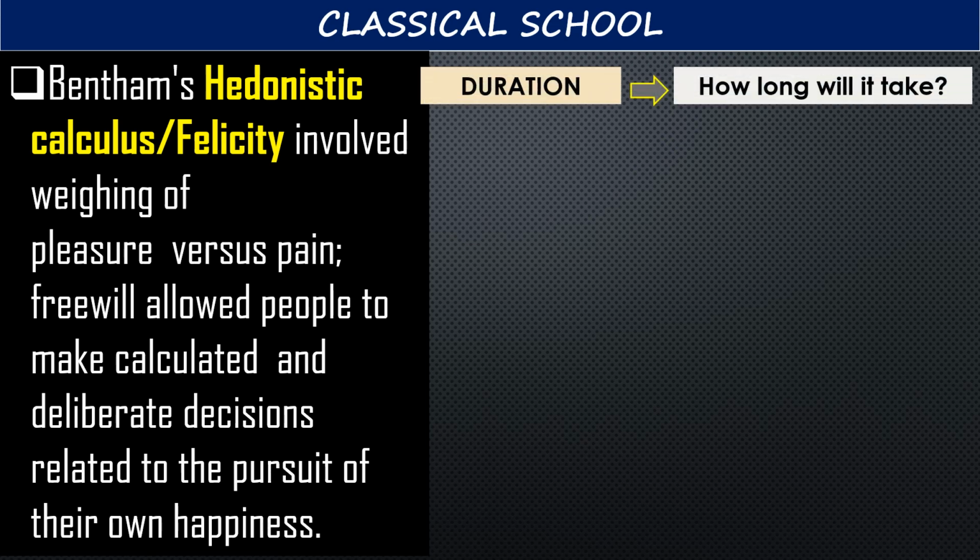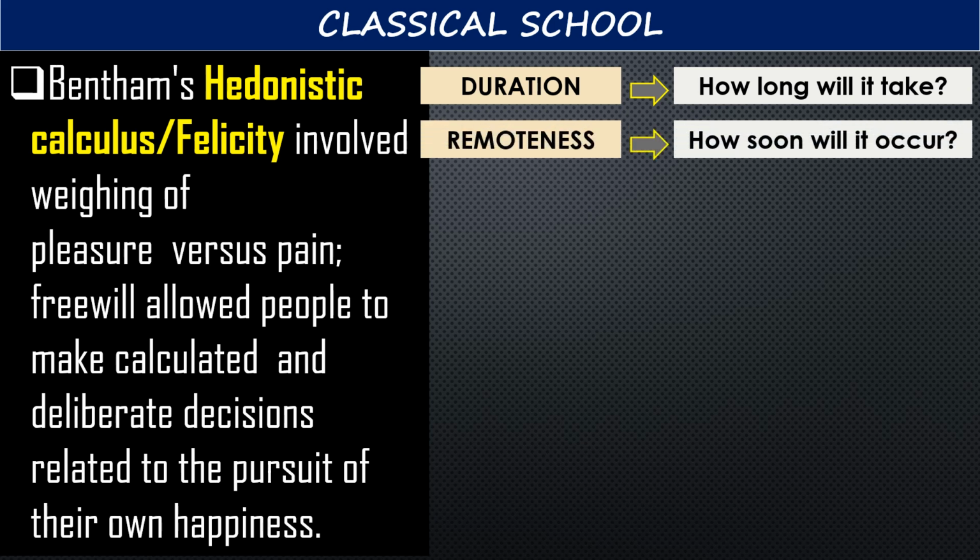When you do something, or when you commit a crime, you think of how long it will take. So you consider the duration. If I'm going to commit a crime and be in prison, how long will I be in prison? And the remoteness: how soon will it occur? Will it come tomorrow or earlier than tomorrow? Am I going to